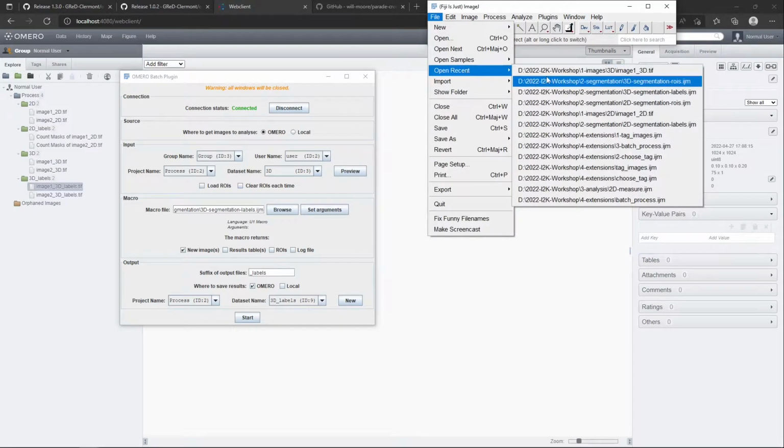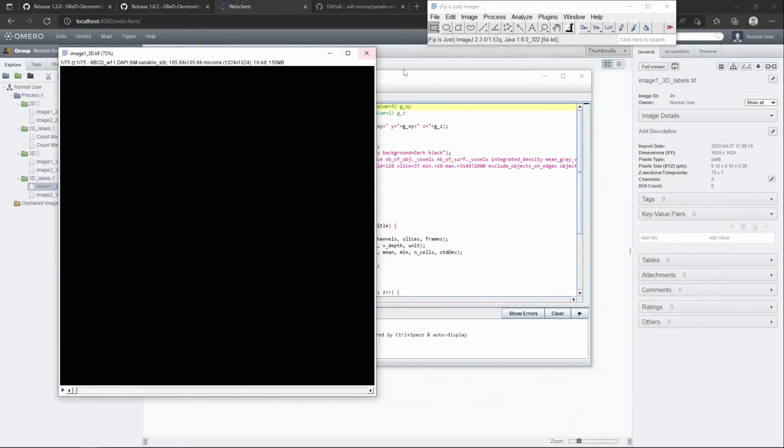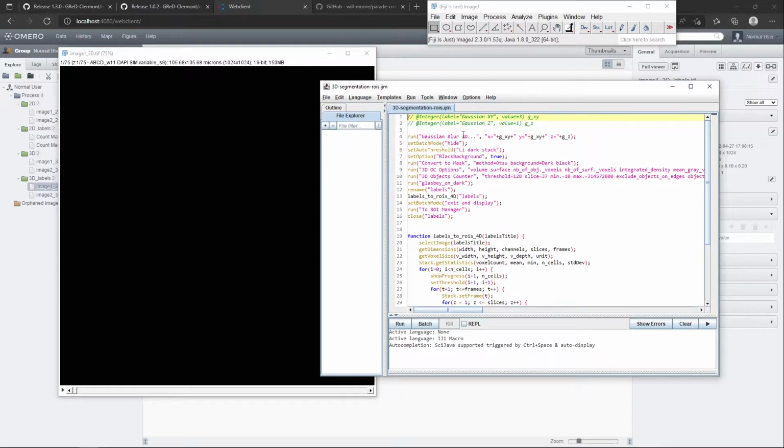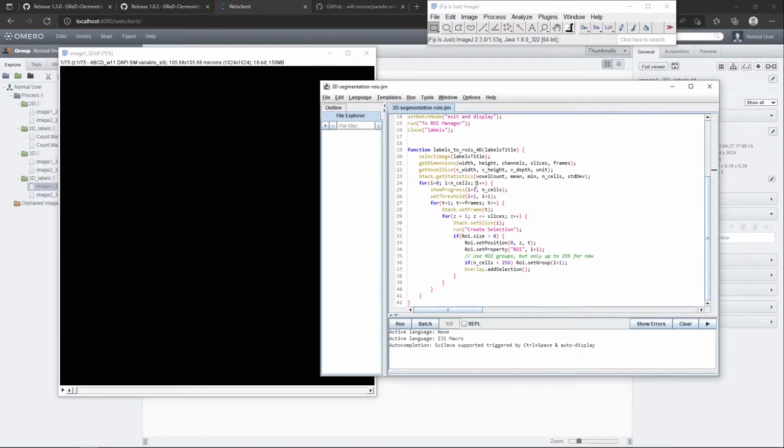So I will open a 3D image and a 3D segmentation script. So it's mostly the same as what we just saw before. So Gaussian blur, thresholding, 3D object counter, and labels, except this time we also have a function to convert labels to 3D, 4D ROIs. So how does it work? We take the labels, and for each label, we will go inside each time frame and each slice and convert the